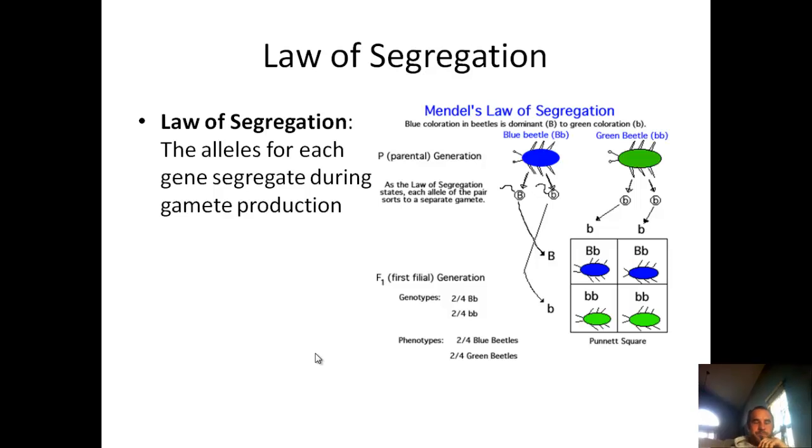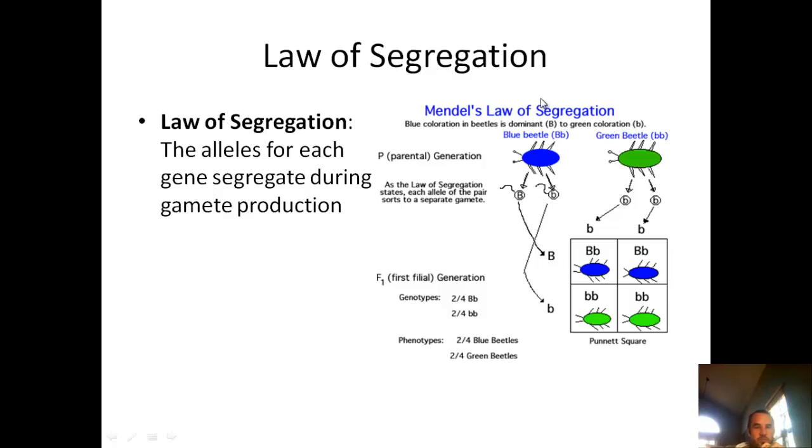So Mendel came up with 2 laws that are still consistent today. Luckily for him, when he tested different alleles and different genes, they were located really far away from each other. So the height of the plant, tall or short, was not located close to the color of the peas, or close to whether it was a wrinkled or smooth pea seed. And this allowed his law of segregation to hold up.